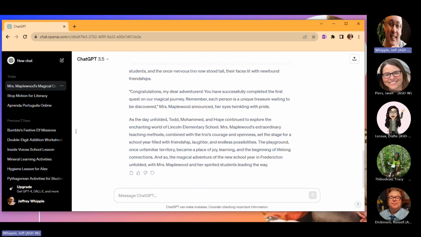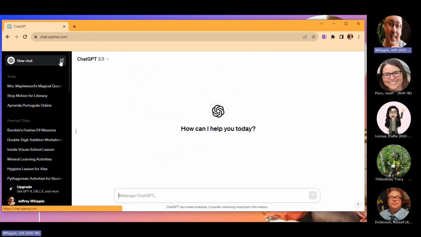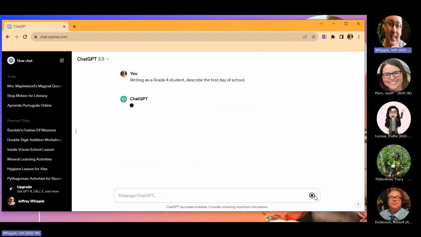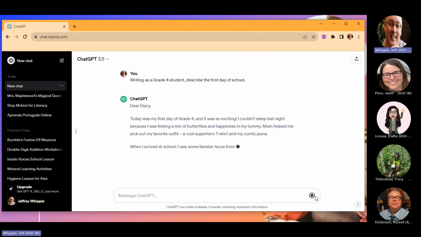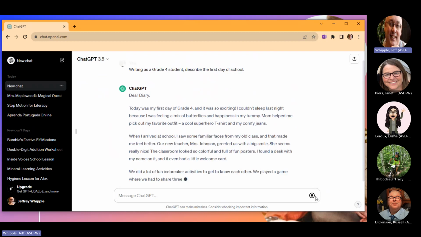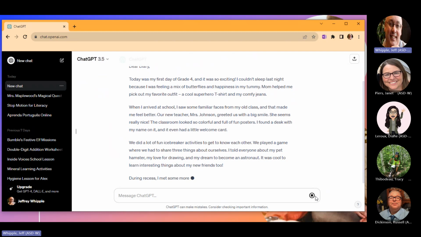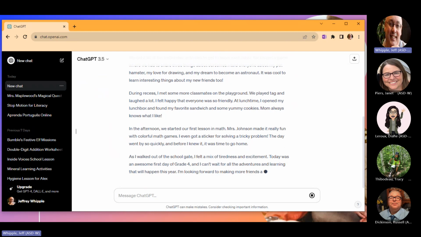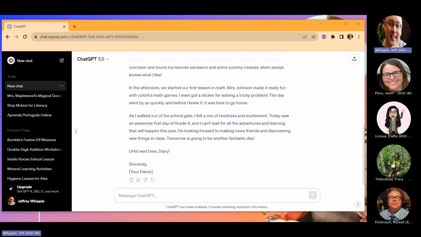The last prompt, or the last hint I wanted to give you, is that we want to be able to tell AI, or ask AI, to assume a role. So for instance, let's look at three different examples. Writing as a grade 4 student, describe the first day of school. You could just say, describe the first day of school. Well, it's not going to know exactly from what perspective, but you can see now when I've asked it to do it from the perspective of a grade 4 student,